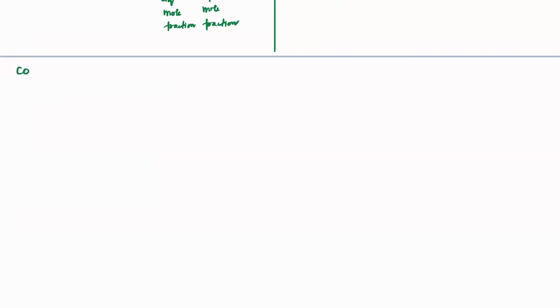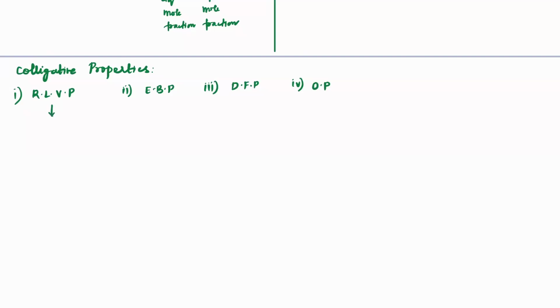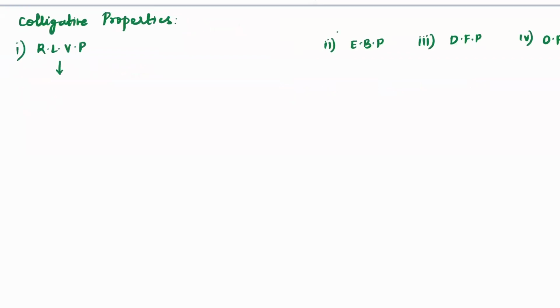colligative properties. So in colligative properties, I specifically mentioned four types: relative lowering of vapor pressure, elevation in boiling point, depression in freezing point, and lastly, osmotic pressure. Okay, when it comes to elevation in boiling point here, we learned that first we need to add a